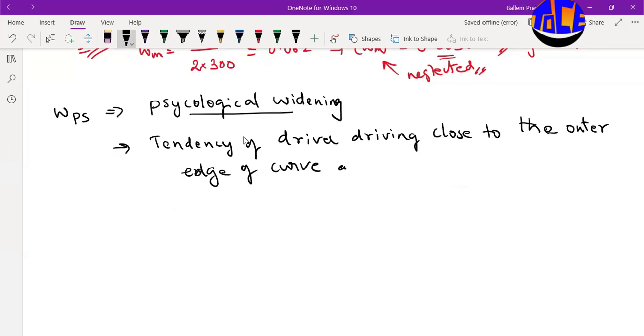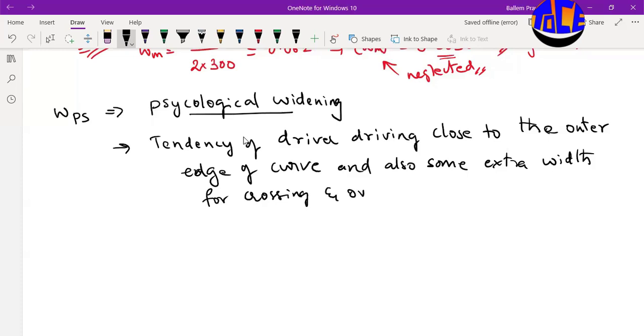Okay, and also some extra width for crossing and for overtaking. Generally we won't allow overtaking or crossing at horizontal curves, but we know the Indian psychology, they won't follow these rules. Most of them won't follow these rules. They want to overtake wherever they feel comfortable, right? So we should also consider this for safety reasons. That's the reason IRC provided